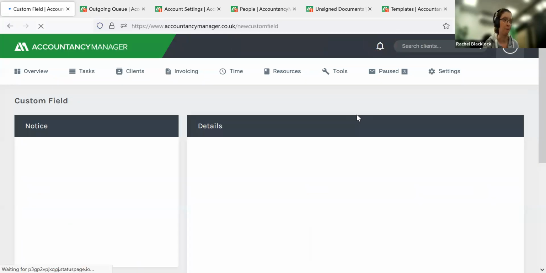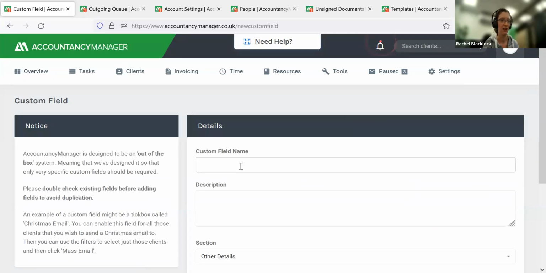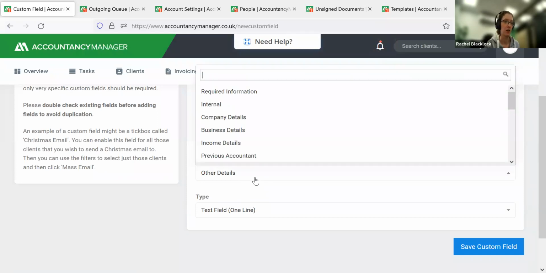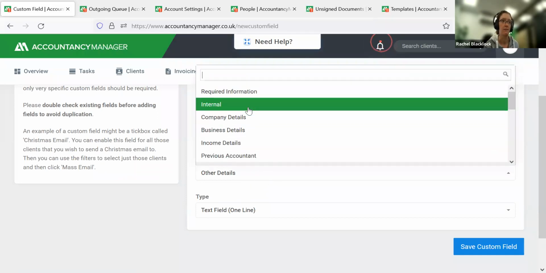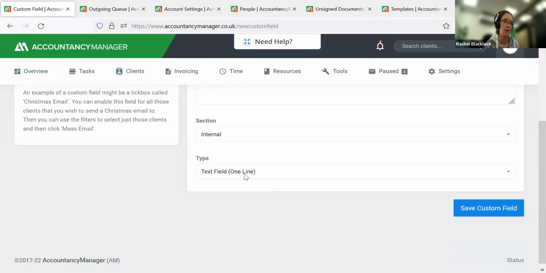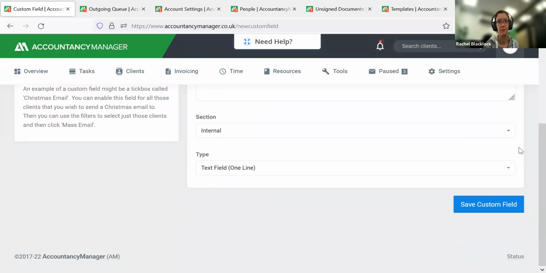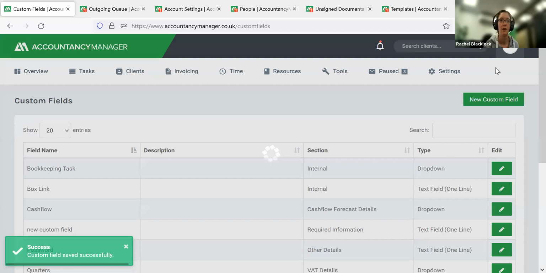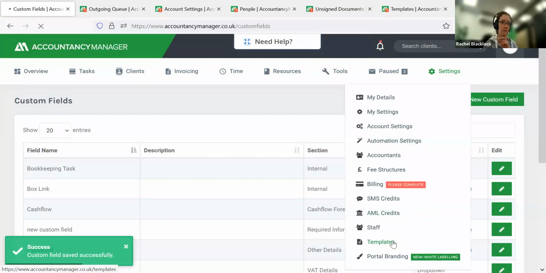If we create a new one, you can give the field any name you want. So you could say rental income, and you can add it to any section you want to, pretty much. So we could say we want that under internal. We want it to be a text field, one line. And then if we move back to templates,